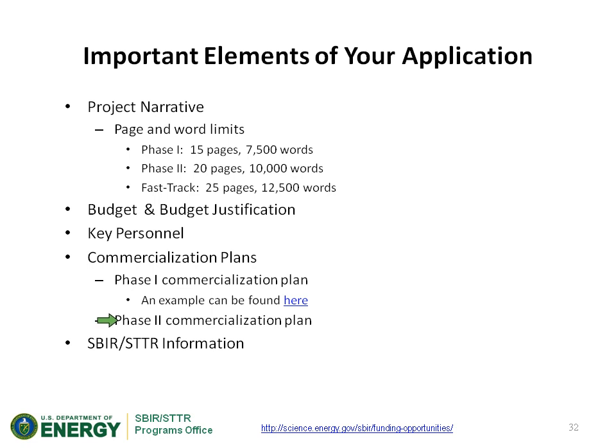The Phase 2 commercialization plan is much more in depth, and the instructions for that are in the Phase 2 funding opportunity announcement. There's also an SBIR and STTR information sheet. These are mostly clickable boxes that you need to check with certain information that's required for all SBIR and STTR applicants.